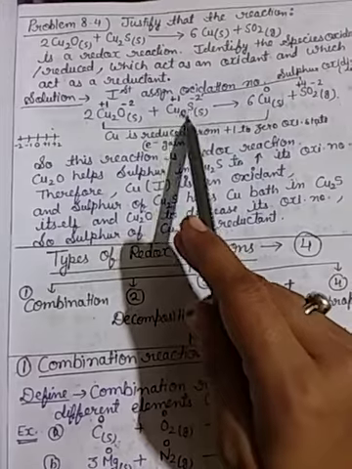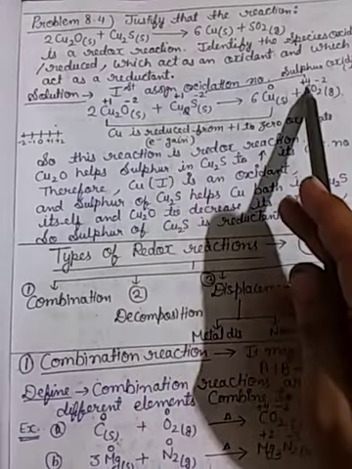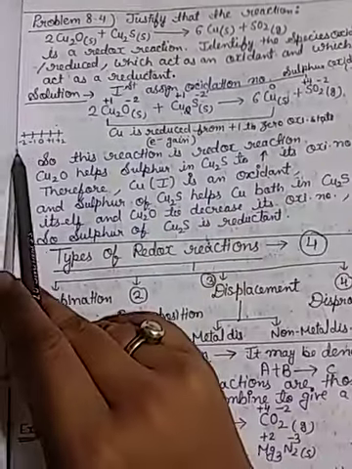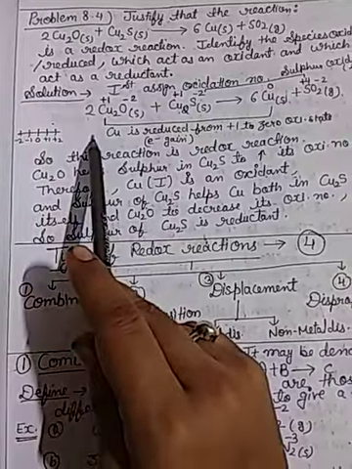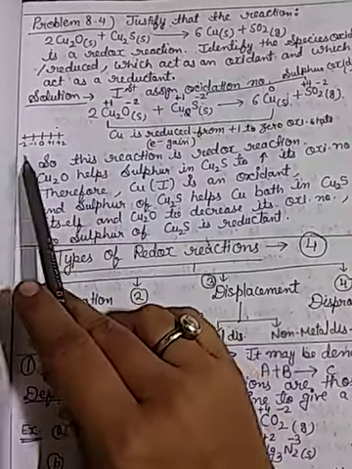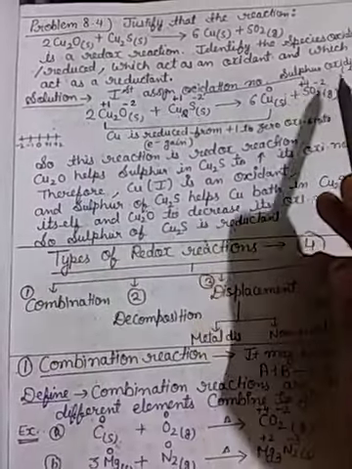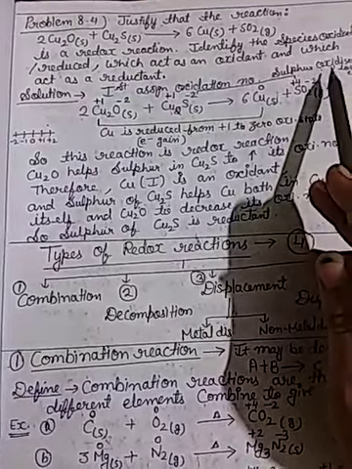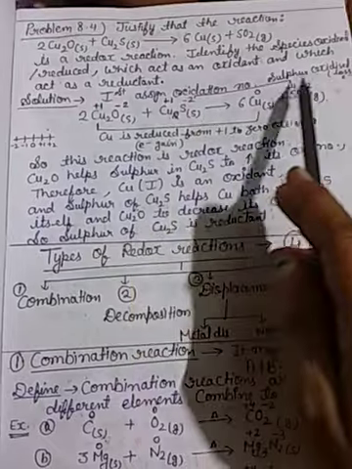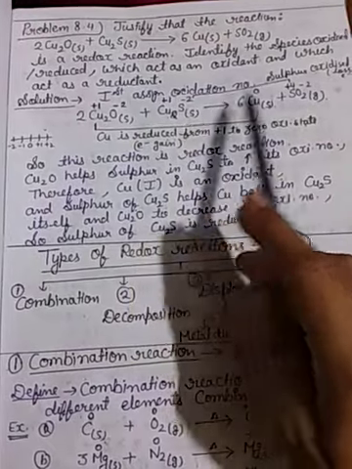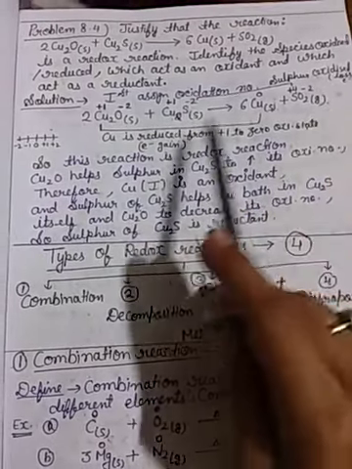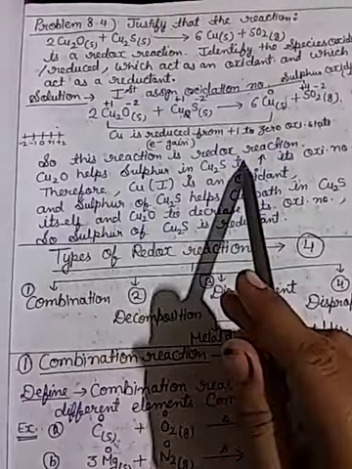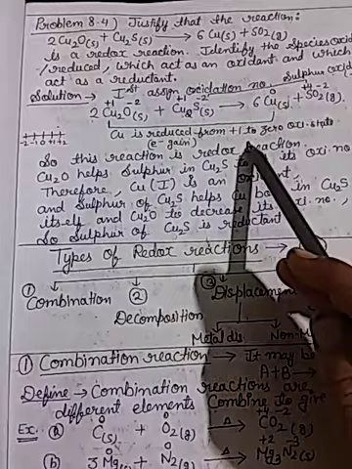Then you see sulfur is -2 and in the product +4. Here going from -2 to +4, left to right, means electron loss, and electron loss is known as oxidation. So sulfur is oxidized from -2 to +4. So this reaction is a redox reaction because oxidation and reduction both occur.